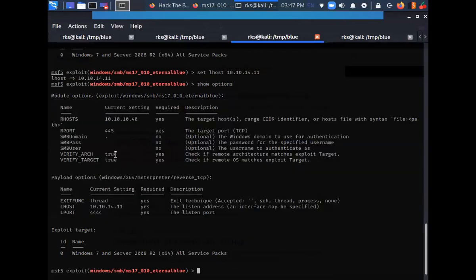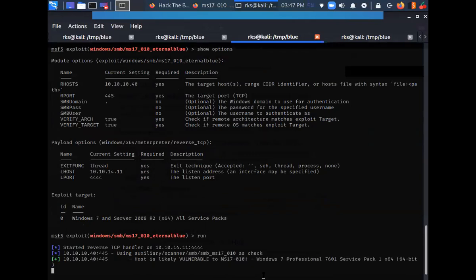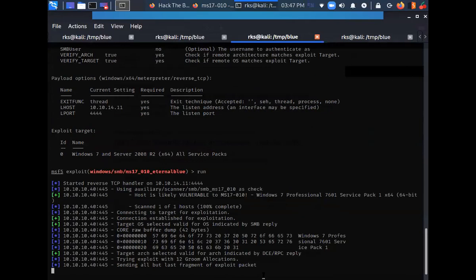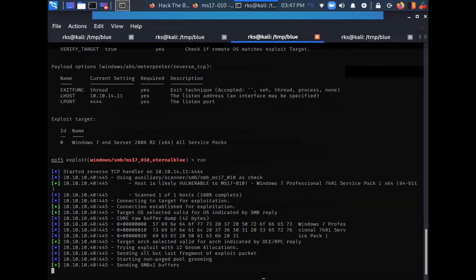Now let's run this exploit and see what happens. Let's just type run. Okay.